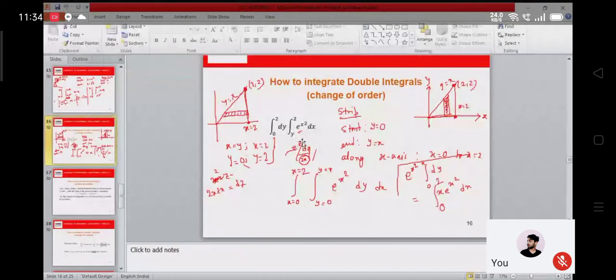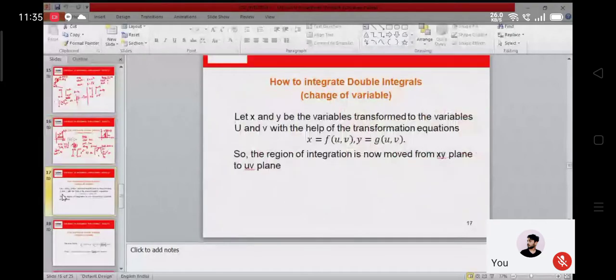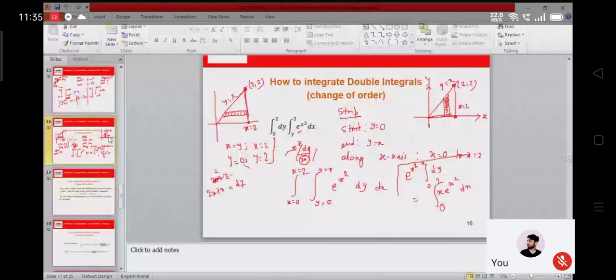And here, if you interpret the given problem, it was mentioned in this manner, and then we changed it to calculate it easily. We changed the strip and considered the horizontal strip, and then the limits we transformed it and it got easier to tackle, and then finally we integrated. Now today we will learn this kind of thing. First we will know the theory and then we will integrate.